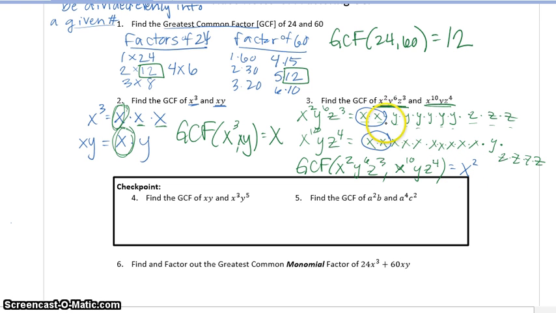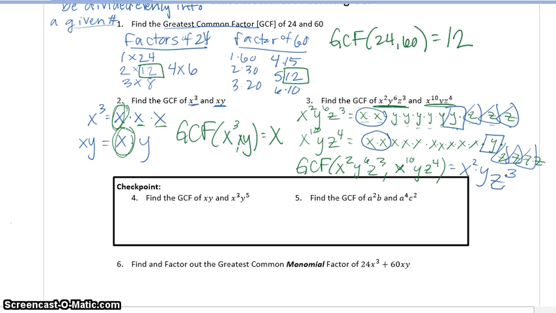The greatest amount of y's I can pull out of both, here I have 6 y's, and here I only have 1 y, so I can pull out only 1 y out of both. I just have y. And I have 3 z's here and 4 z's here, so the greatest amount of z's I can pull out of both is 3. I have 1, 2, 3 z's here, and 1, 2, 3 z's here, so I can pull out